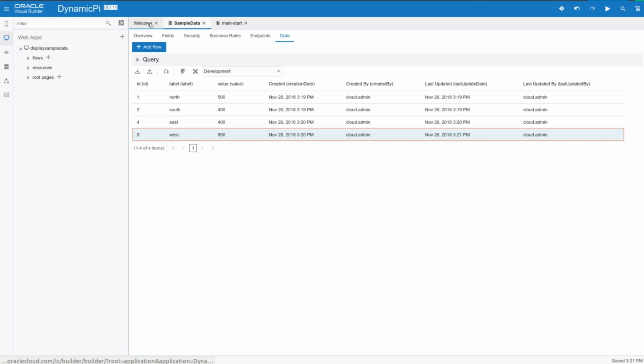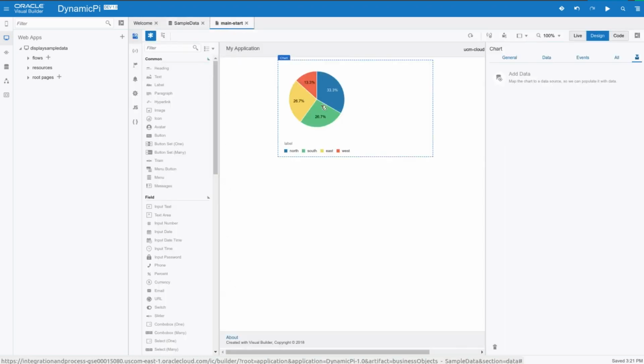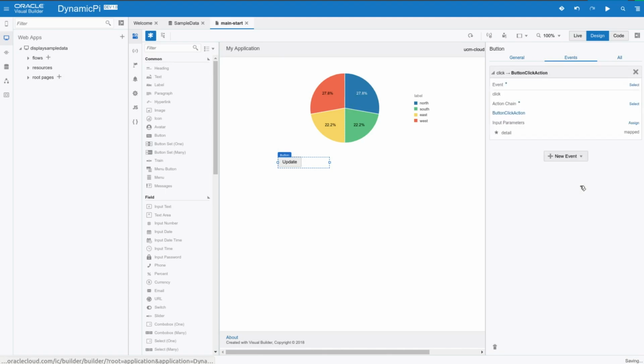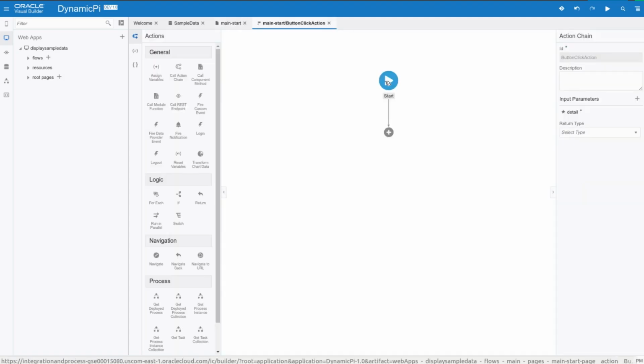first thing I want to do is just create a simple button that allows me to do an update on this data. So let's add a button. And we want this update to rerun this. So let's do a click event. In the click event, I'm going to